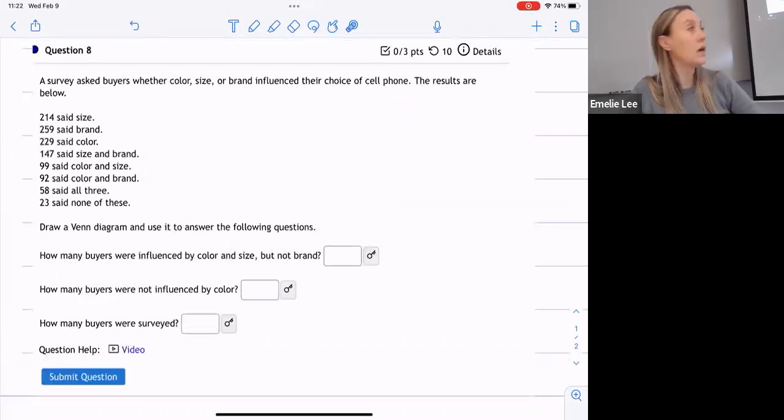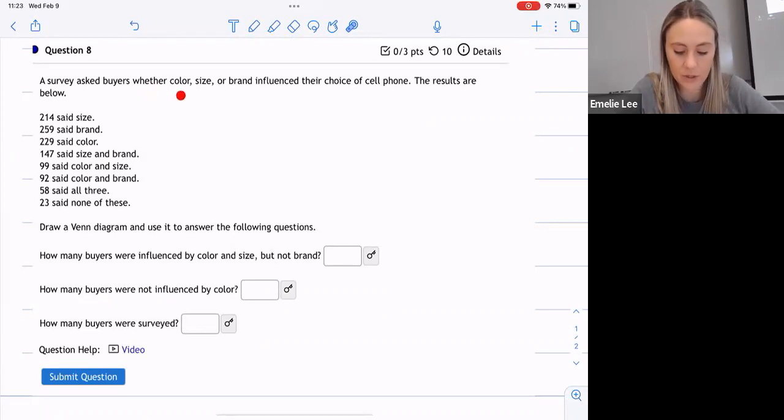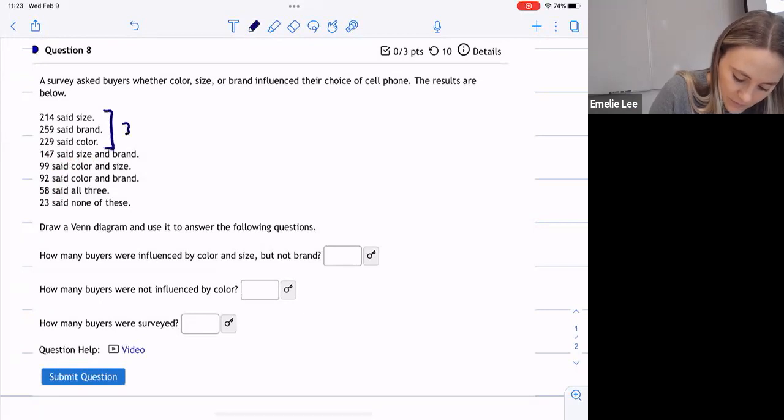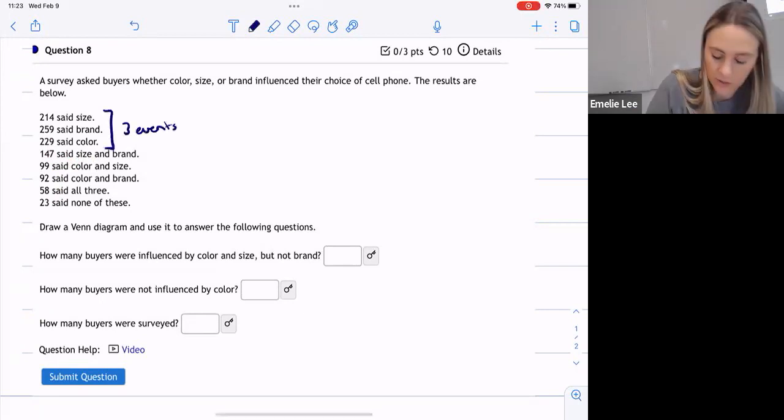This is a 3 event one. Okay. And so a survey asks buyers whether color, size, or brand influence their choice of cell phone. The results are some numbers said size, some said brand, some said color. And these numbers are all going to be different, but how you solve it is always going to be the same. So we have 3 things, right? So 3 events or outcomes,